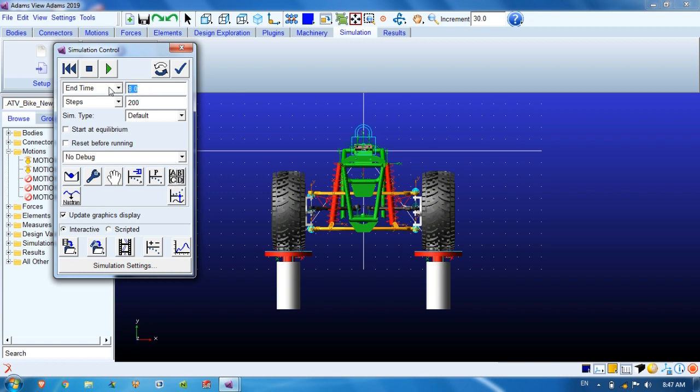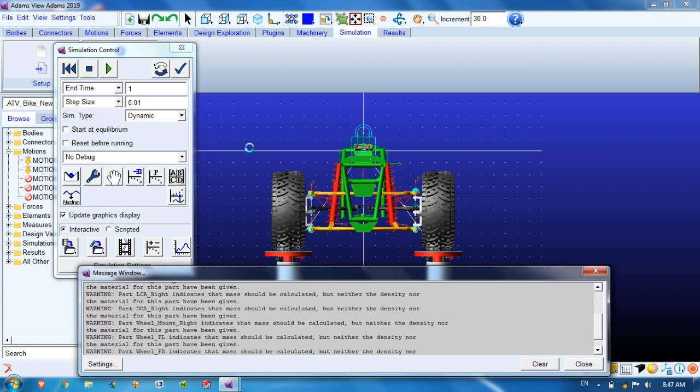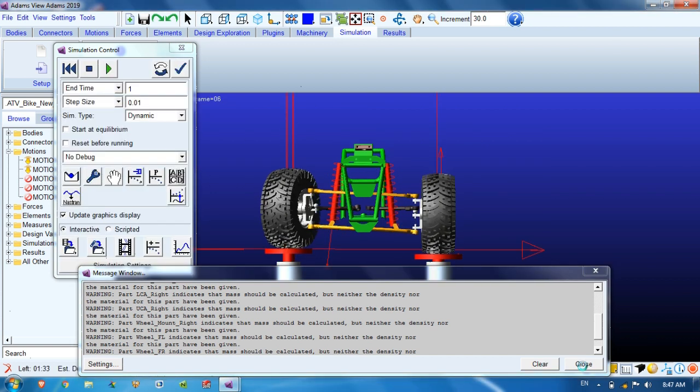So go run, simulation time is 1, step size we will take as 0.1, simulation type dynamic, then run it. Some warning we are getting, ignore it initially.